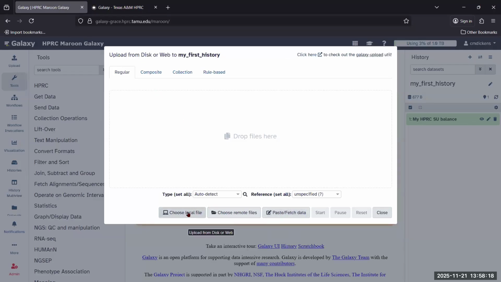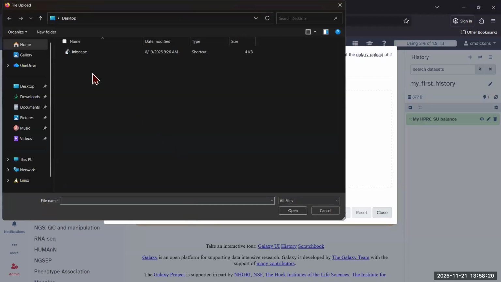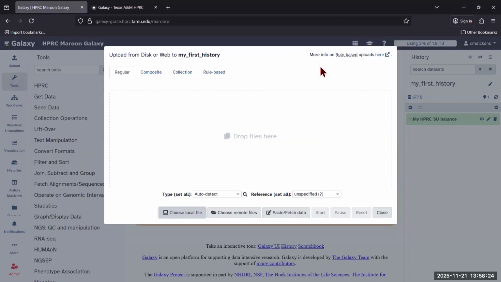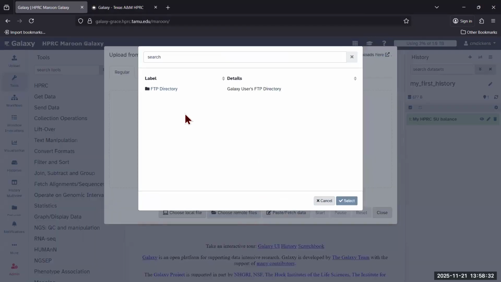You can choose a local file, and this is going to take you to local, meaning that's your desktop that you're working on, not Grace. So you're going to upload a file from your desktop or laptop. Choose a remote file. This is actually linked to your FTP directory on Grace. So these files have to already have been uploaded to Grace using an FTP client, and we'll show you that in a little bit. And then another one you can do